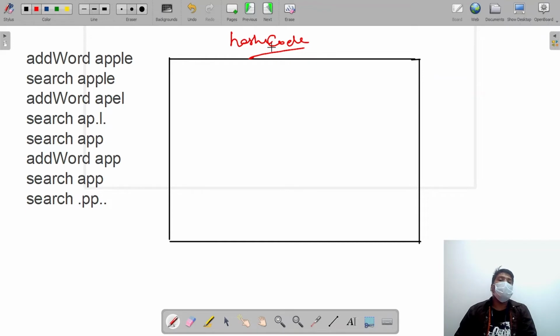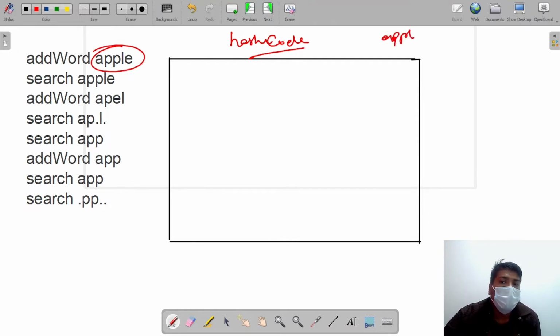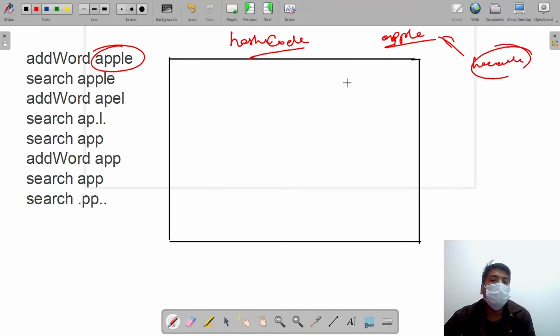Every string has a unique hash code. So suppose you say, okay, I will find the hash code of apple. Suppose I need to find apple, okay? So what I will do, I'll simply find the hash code of apple, and I'll find this hash code in this data structure, right? But suppose you need to find this